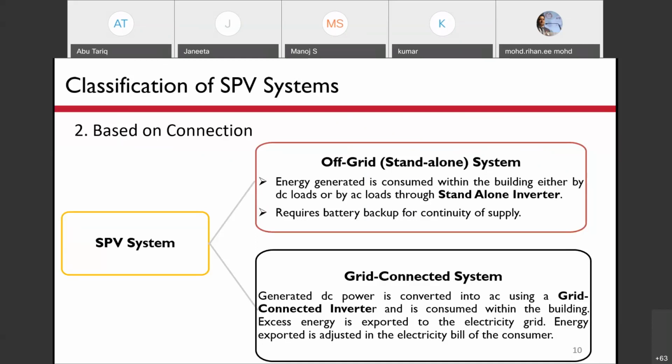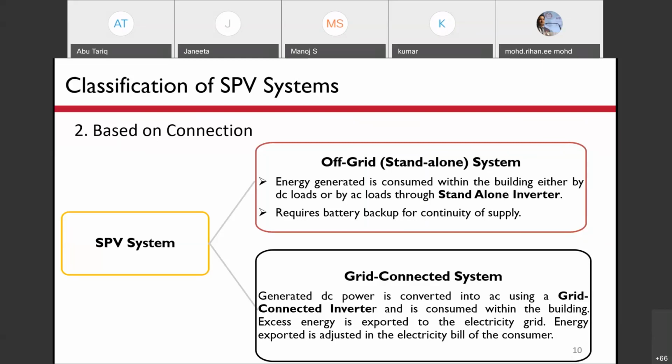So this was one of the earlier applications of this off-grid system. In some villages where supply is not available, people can use it for their daily needs. But if they want a continuous supply, then battery backup is necessary. With a battery, we can supply at night and during the off sunshine hours also, but it will enhance the cost and it will require more maintenance. So the basic beauty of this off-grid PV system is lost because it now requires more maintenance.